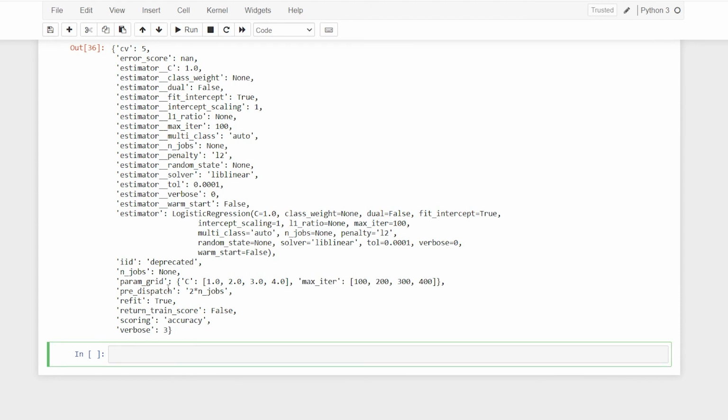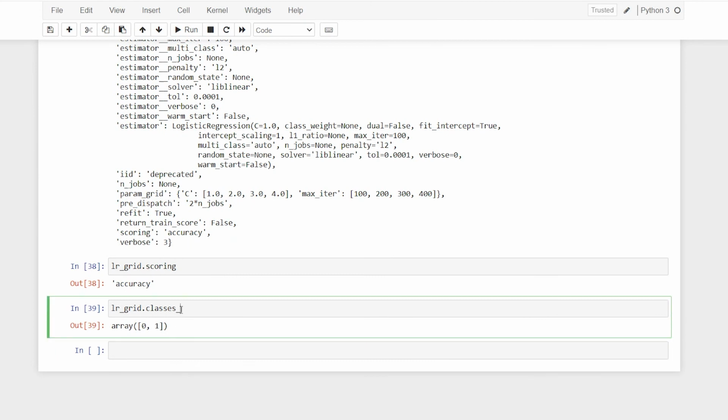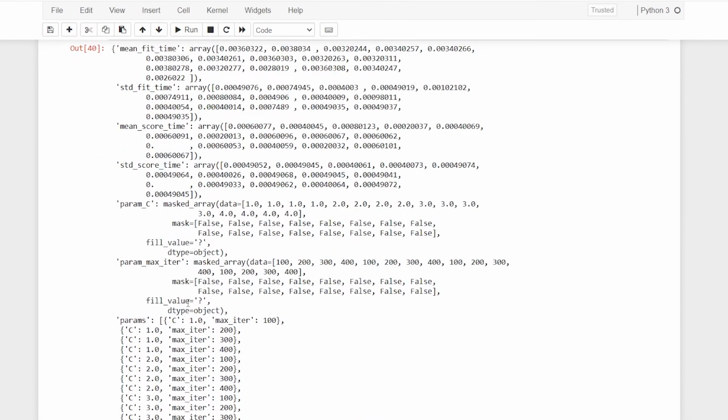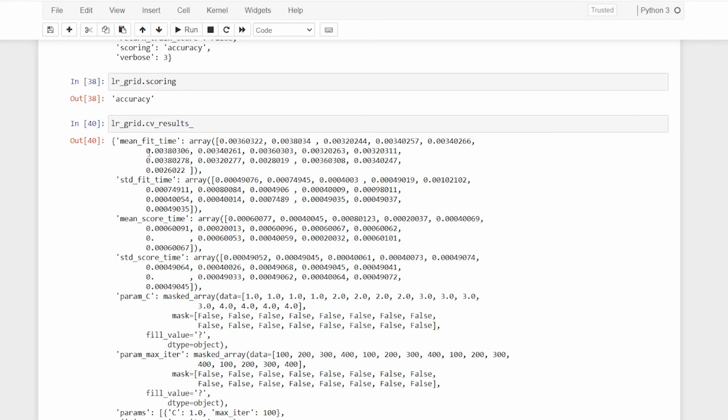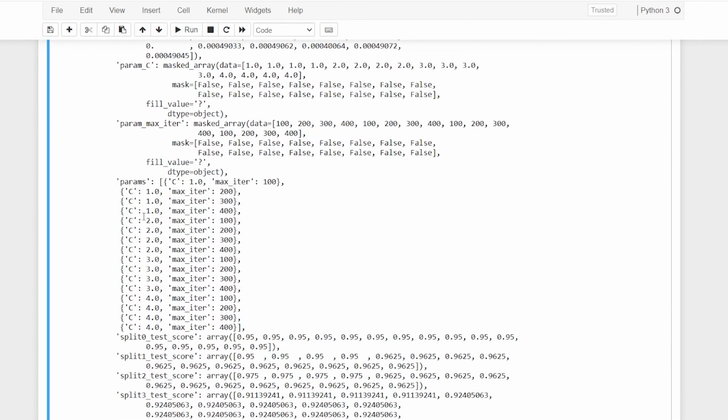It actually uses a lot of permutation combinations, basically combinations I would say, and it gives you the best result. So this is the way it works, and let us check for more methods. If I can show you some, I have the classes, that is 0, 1, since it is a binary function, not much efficient, but let us check another, the CV results. So these are all the CV results that we get: the mean of the fitting time and scoring and everything. We have C values and the best things. So we can get it like this.